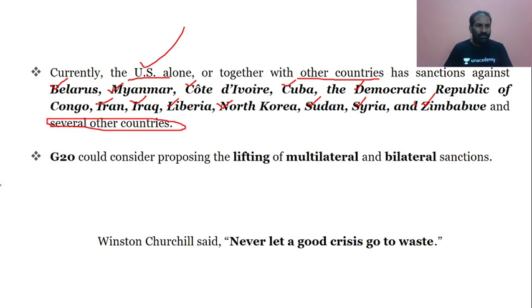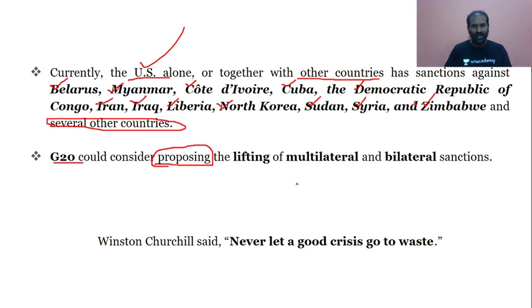Coming back to the lecture, we have also seen that the G20, which took up the matter yesterday through video conferencing, has also proposed something. Entire what we have discussed is sanctions, that is sanctions by the developed countries, the UN sanctions or unilateral sanctions that have to be lifted. I also spoke about sanctions by various countries. It could be multilateral sanctions, or regional grouping sanctions.